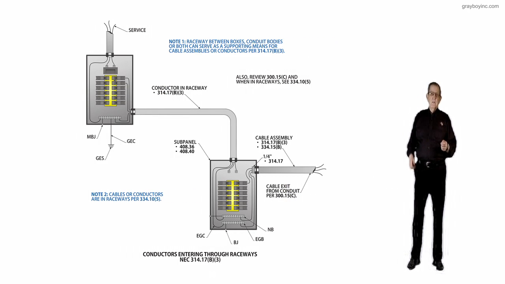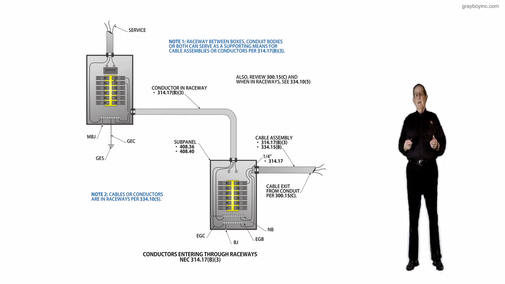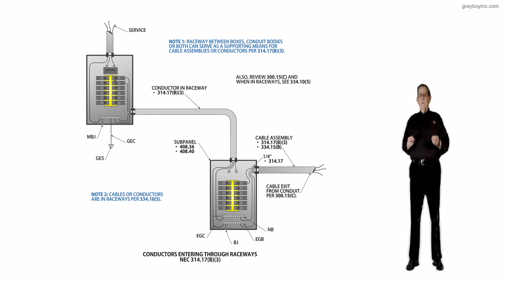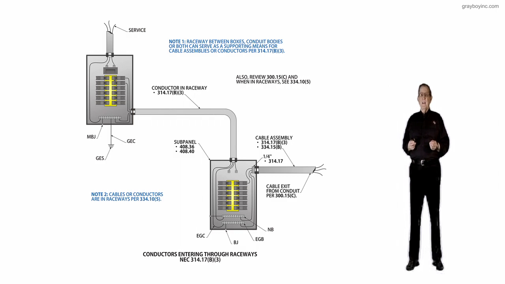This illustration deals with conductors entering through raceways now. And of course, we have to comply with NEC 314.17(B)(3). Now, the purpose of change, a new subdivision was provided, and the subdivision was added to clarify that the conductors